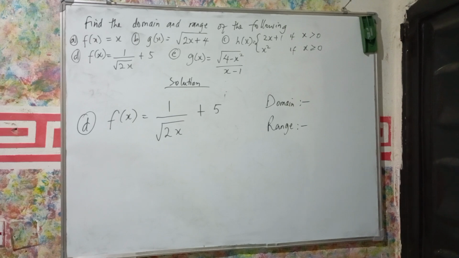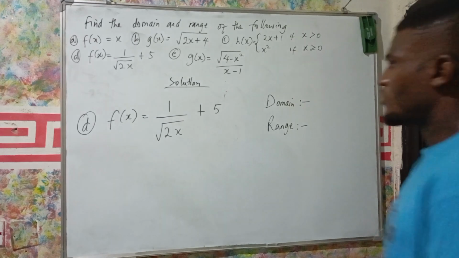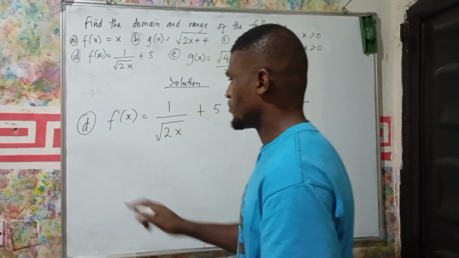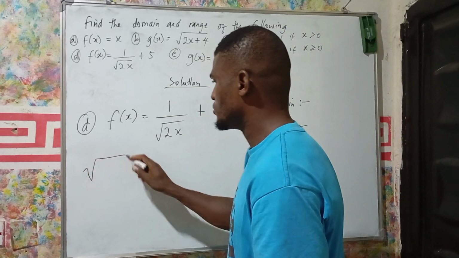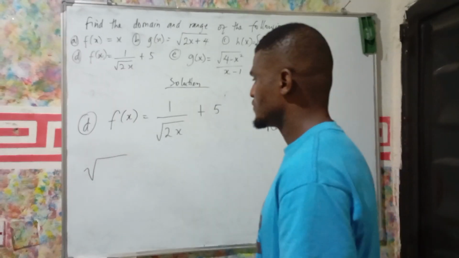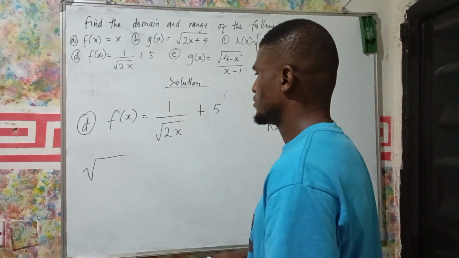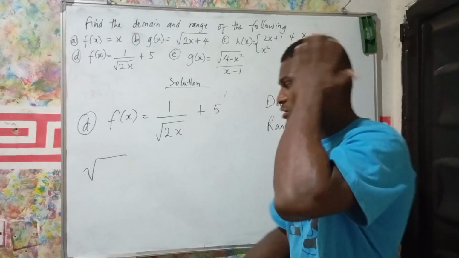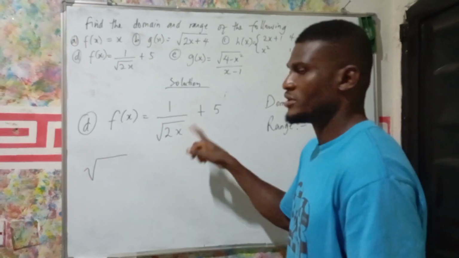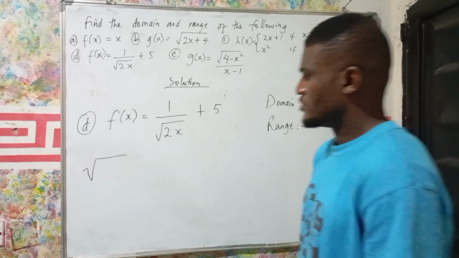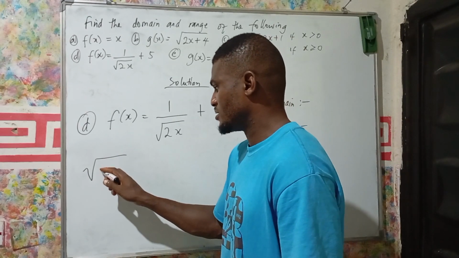So for our domain, we have to consider two things here. One, we have to consider that we have an even root, and also consider that we have a fraction. So we have a numerator and we have a denominator, and when you have a fraction, then you should be careful with the denominator, because the denominator must not be equal to 0. The square root should not be negative,